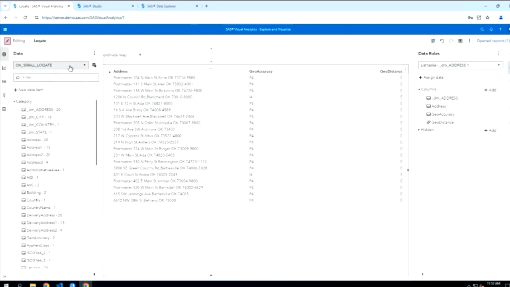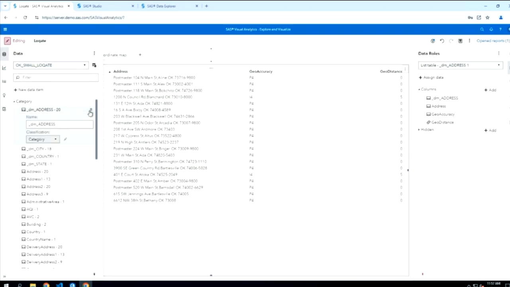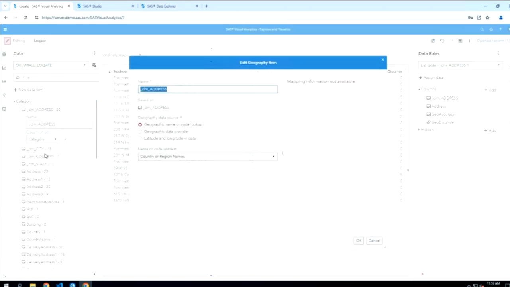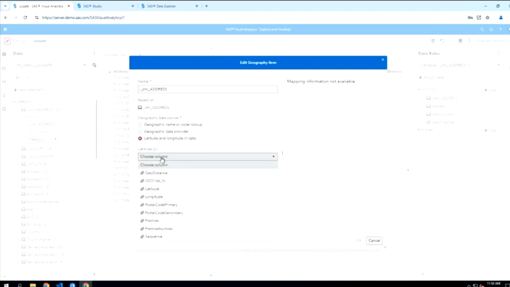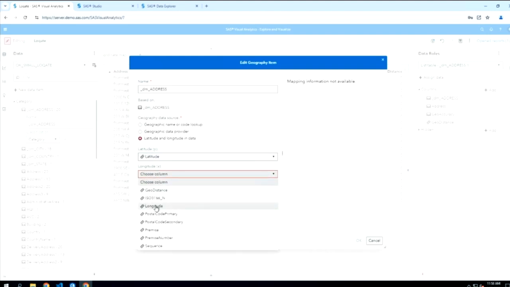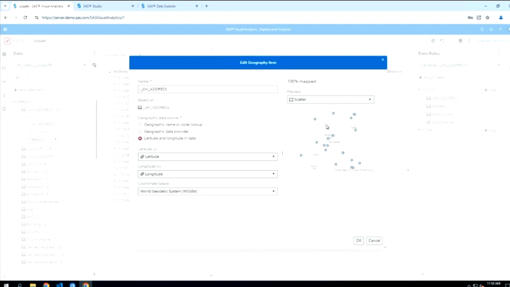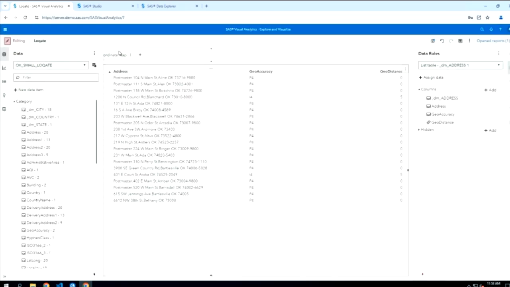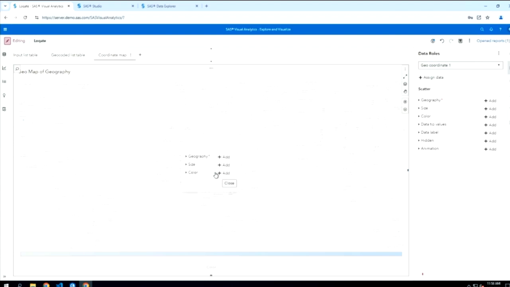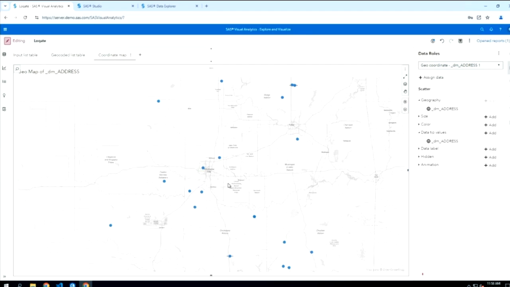So the last step would be just to convert that to a geography data item using those geocoded latitude and longitude values, and it'll appear to be in Oklahoma again, and add it to the map. And we'll see that we get very similar results as the last couple of examples, where we have these text address strings that have now been converted to numeric latitude and longitude coordinates that we can visualize on a map. All right, I know we're almost at time here, but let me hand it back over to you, Tiago.